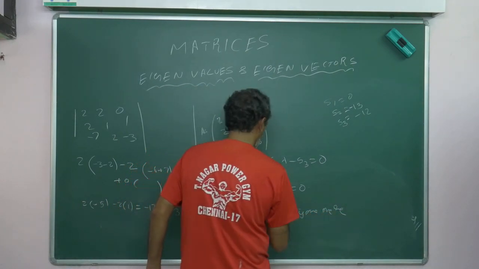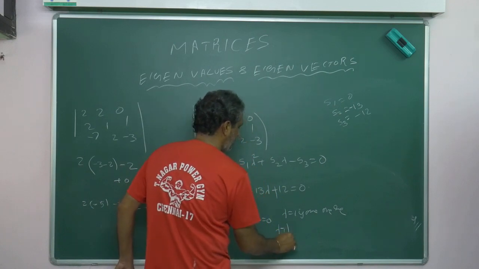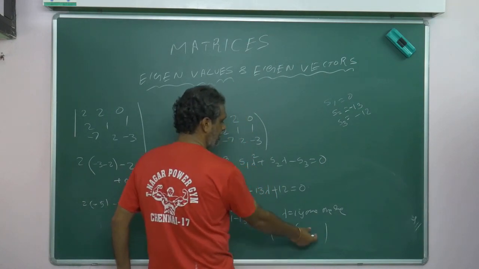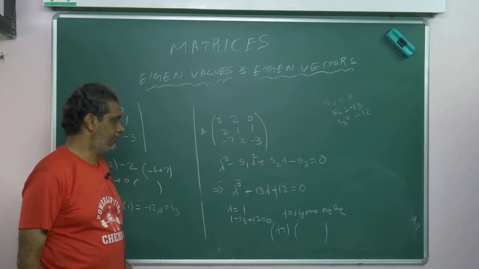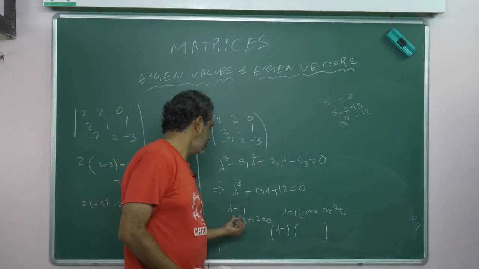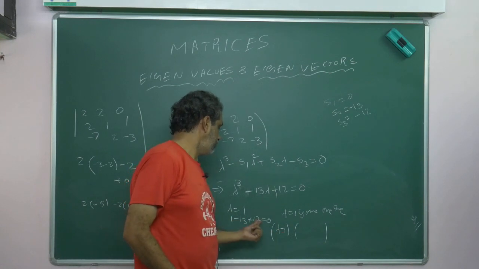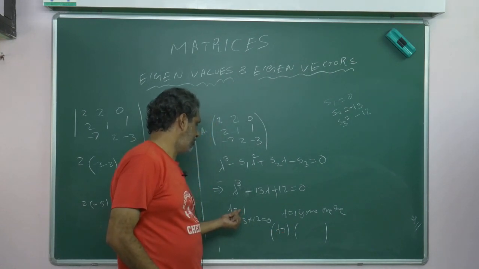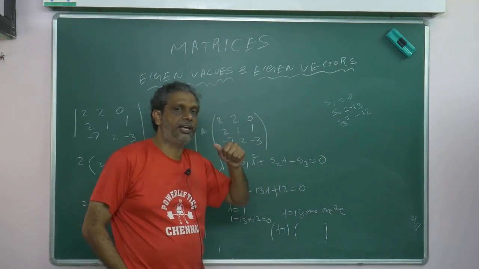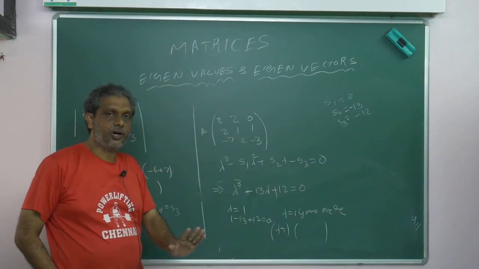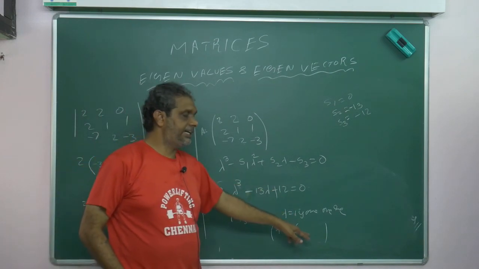So the whole equation I can write as lambda minus 1 into something. To find this something I will go for synthetic division. You are familiar with it. If lambda is equal to 1 is not satisfied, I will put minus 1, 2, minus 2. By the method of injection I am injecting values one by one, and where I get 0 I will stop. Then I will find the second degree roots.